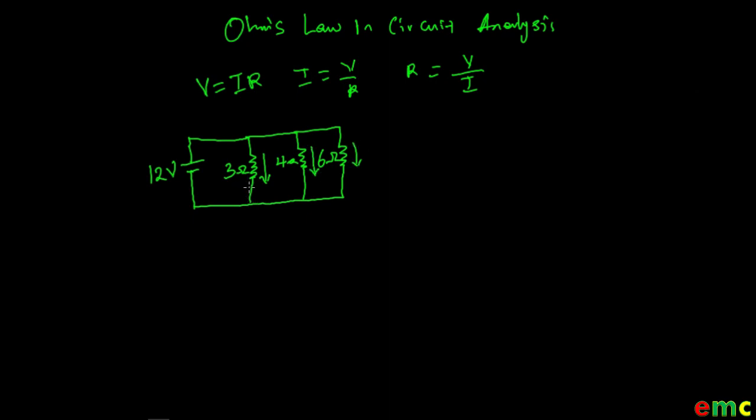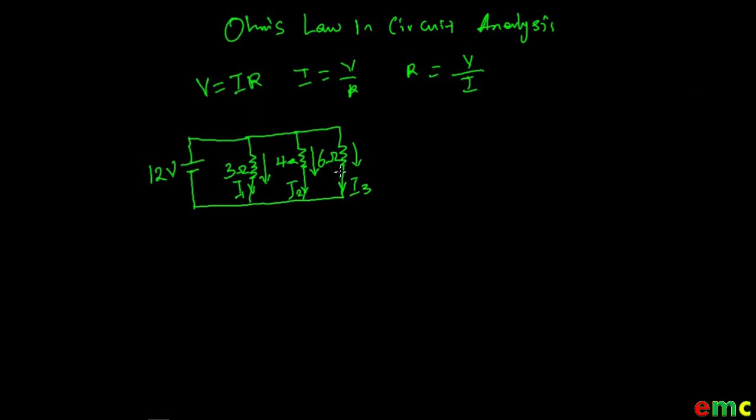let's denote the current that is flowing in the first branch to be I1. Let's denote this one to be I2, and this one to be I3. In a parallel circuit, the loads have the same voltage across them. Since all of the resistors are connected in parallel to the voltage source, they have the same voltage across each of them. The 3 ohms resistor has a voltage of 12 volts across it. The 4 ohms resistor has a voltage of 12 volts, and the 6 ohms also has a voltage of 12 volts